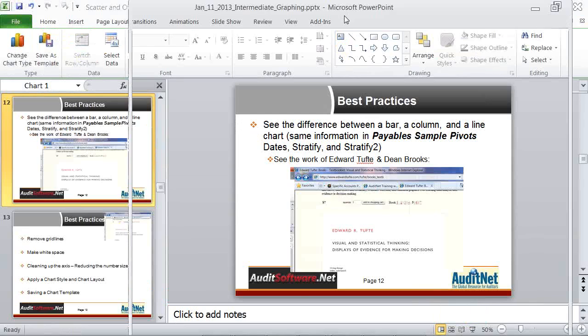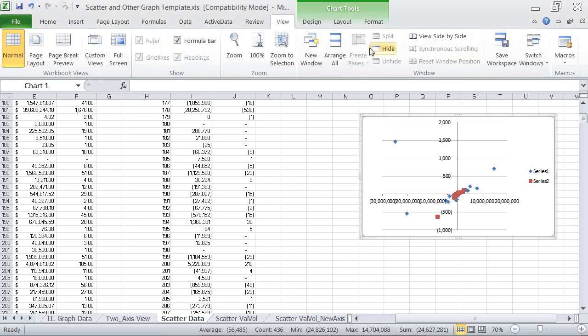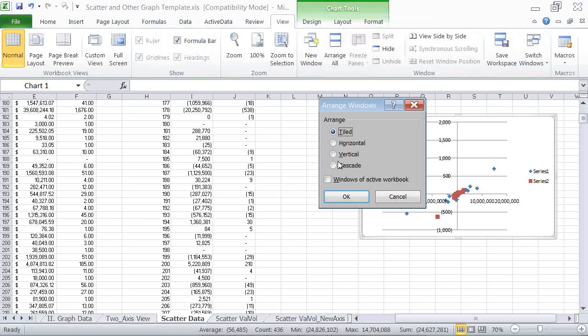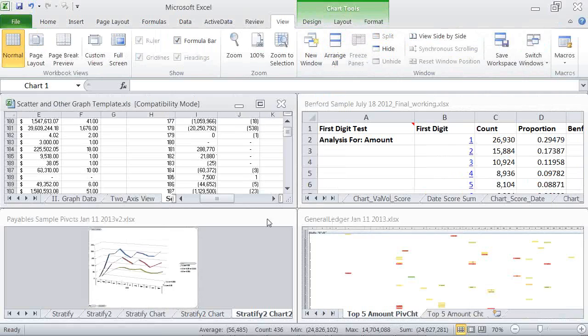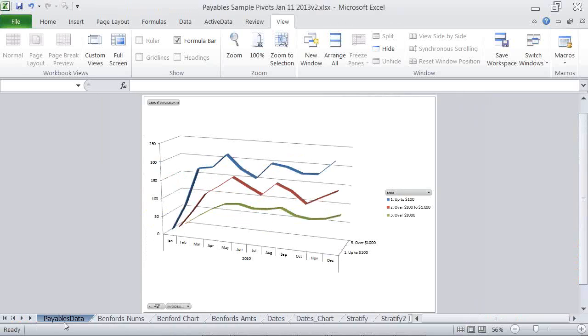Now I'm going to go back into Excel. Okay, I thought this was a good example.